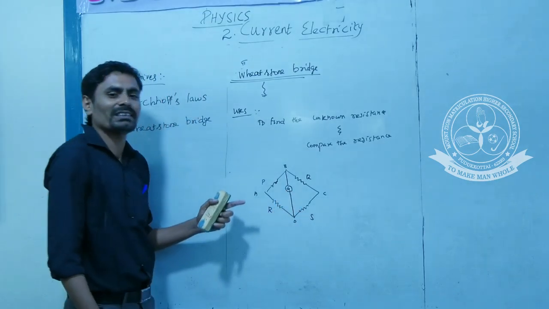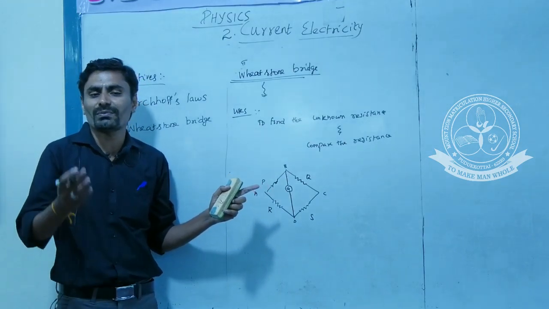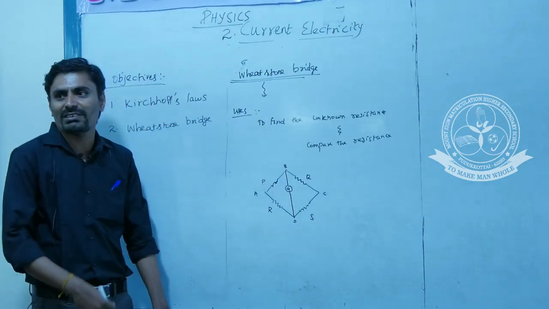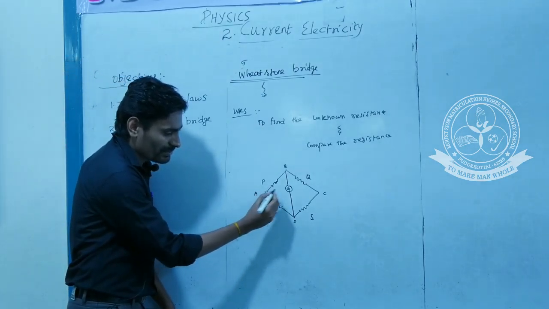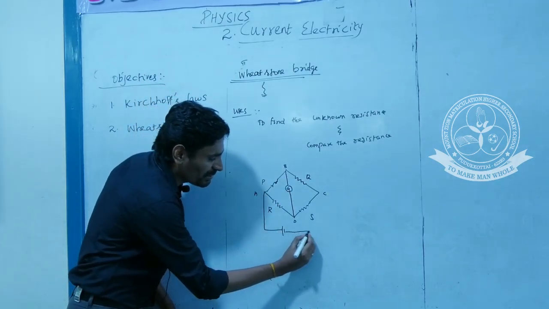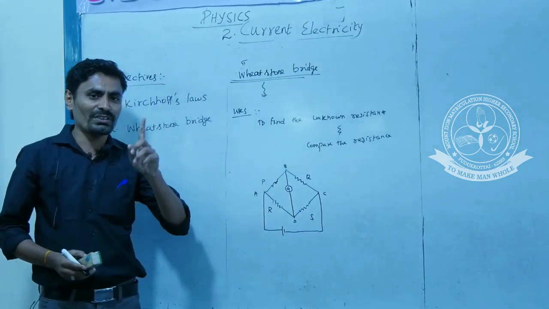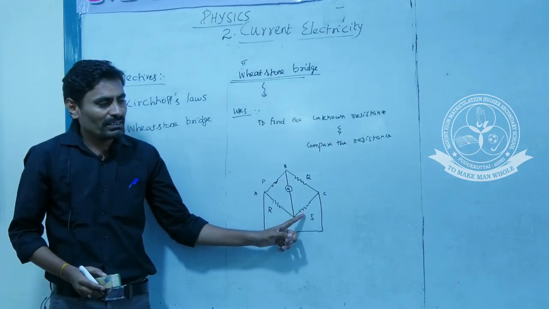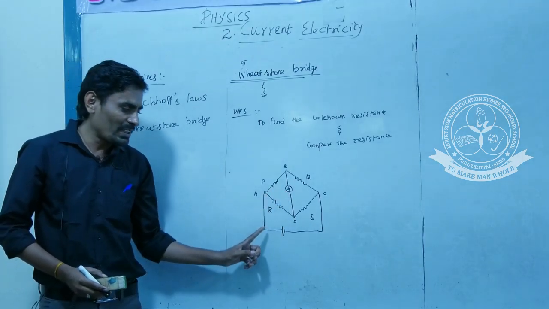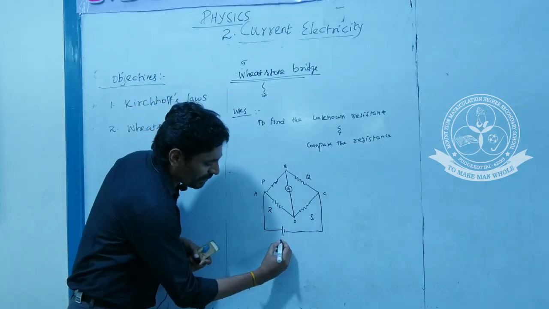So what is a galvanometer? It is a device used to measure a small amount of current, and also to compare the potential difference between the 2 terminals. The terminals A and C are connected to the EMF of the cell, that means a battery. So the Wheatstone bridge consists of 4 resistances P, Q, R, S. The terminals B and D are connected through the galvanometer G, and the cell is connected to terminals A and C.